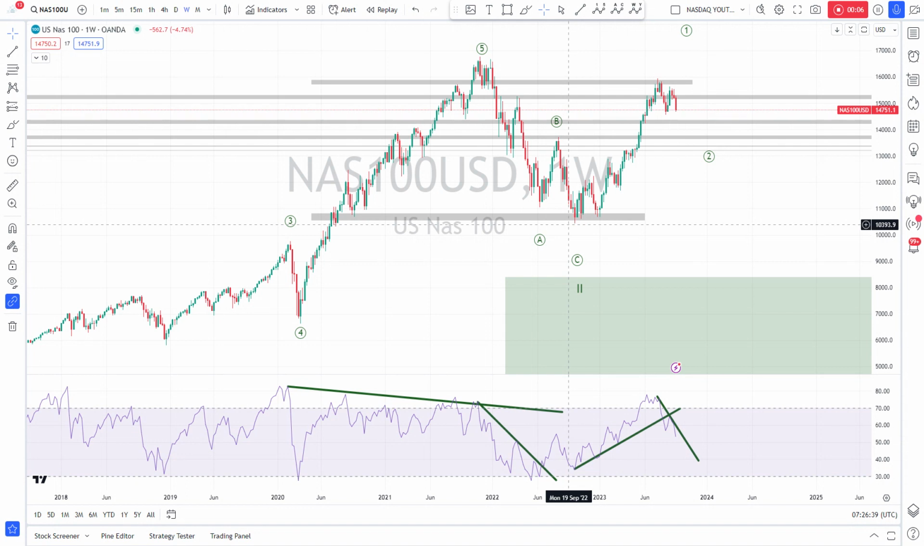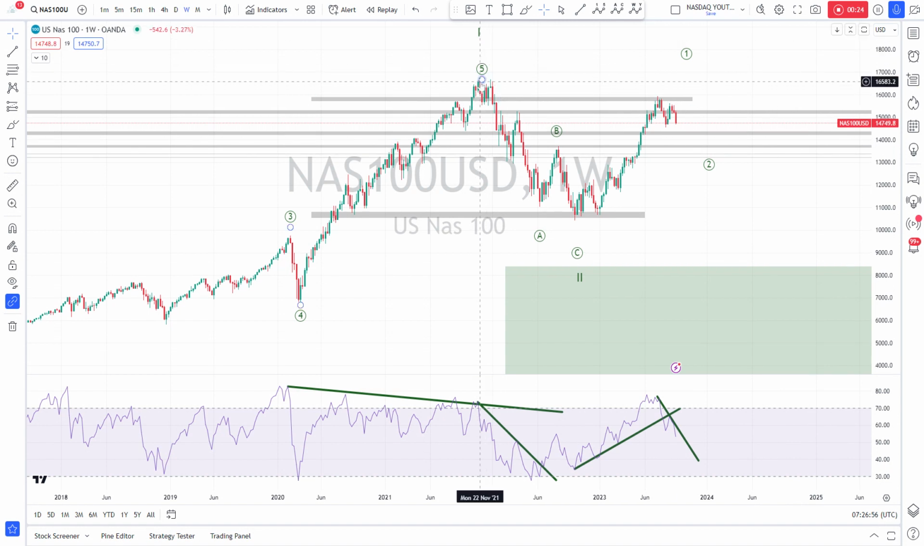Time is around 7:30 GMT, and we will have a look at the NASDAQ futures on the Oanda platform. For this video, I will combine the higher time frame with the lower time frame, and we start here in the weekly. My take on the Nasdaq is that we finished a wave one here in the higher